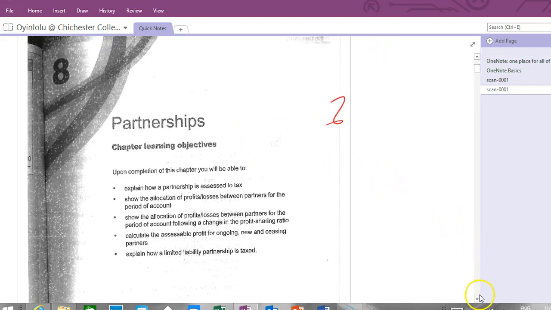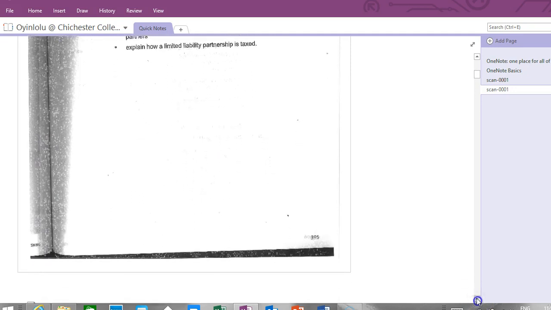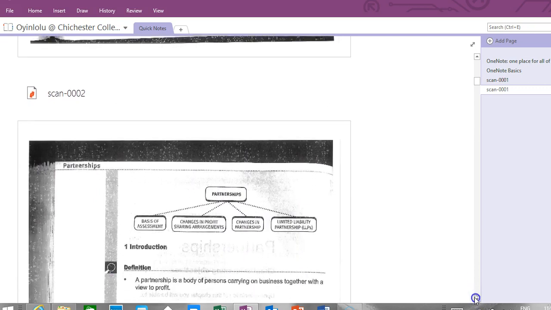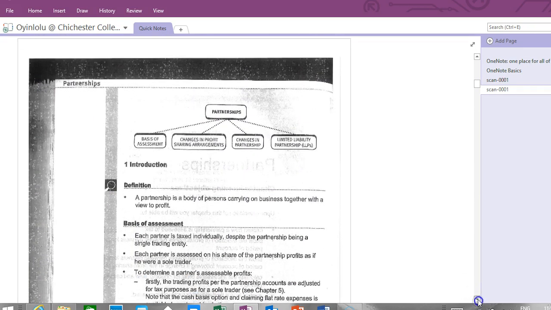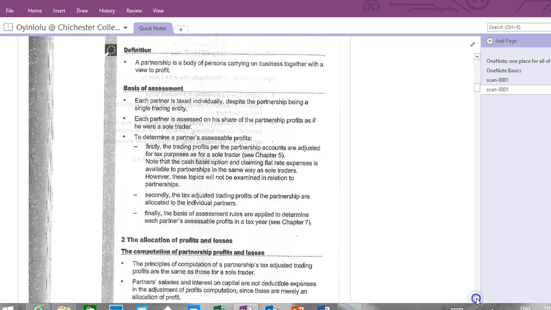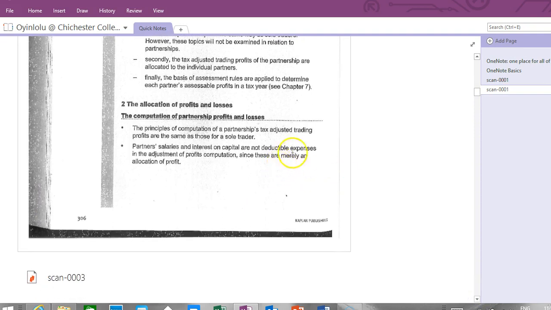So we're talking about partnerships. I'm going to break this up into hopefully 4 videos max, 5 minutes. It starts off talking about what a partnership is, and allocating profits and losses. So let's look at the big point. To be fair, in tax there are only 2 big issues here, and they are what we refer to as salaries and interest on capital.